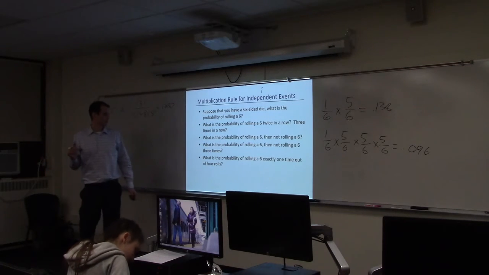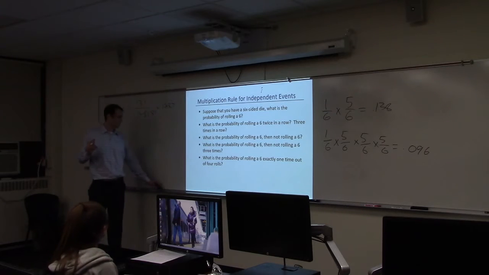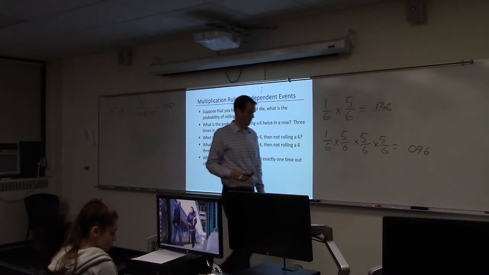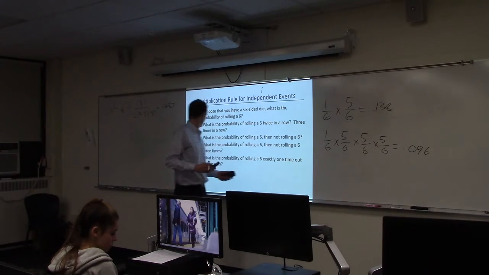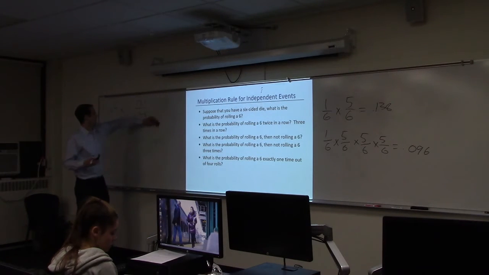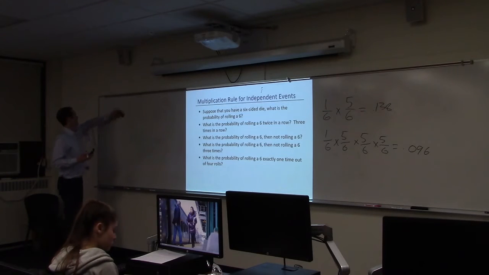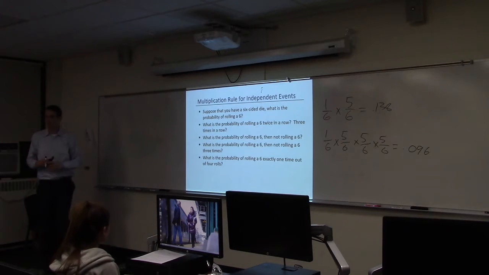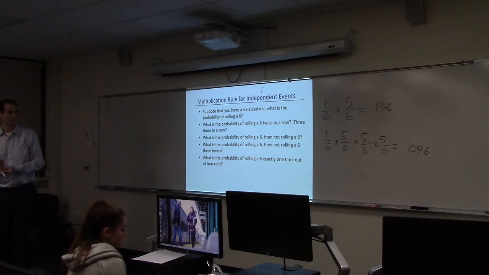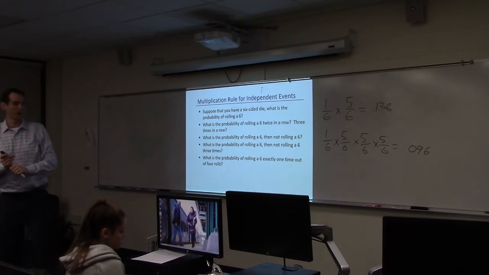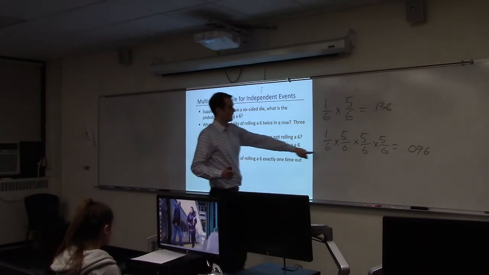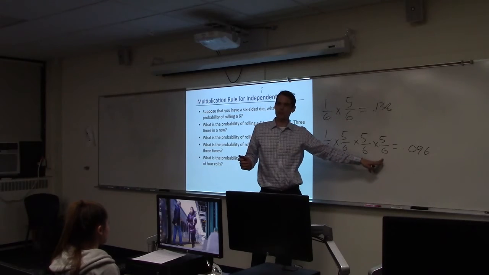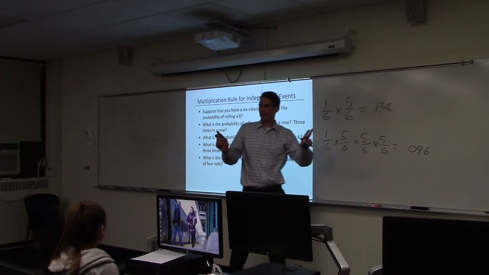All right. Now, what is the probability of rolling a 6 exactly one time out of four rolls? How do we answer this question? Is that not the same question? Okay, so this, we roll a 6 the first time, and then we don't roll a 6 the second, third, and fourth time. Now my question is,